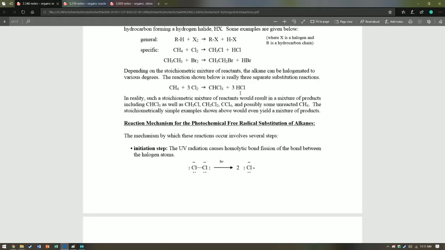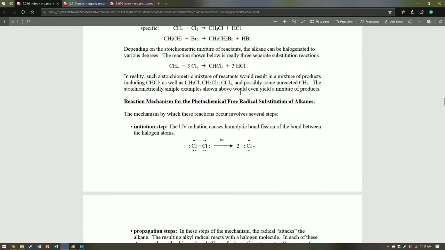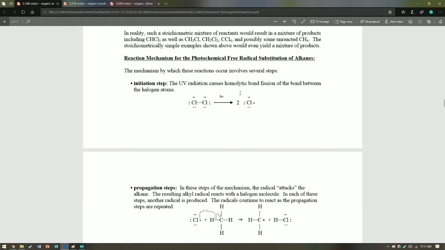You're expected to know the reaction mechanism for this particular reaction. We have three steps, similar to the polymerization one: initiation, propagation, and termination. The initiation step is by shining UV light onto a sample of gaseous chlorine atoms, and then the propagation steps are